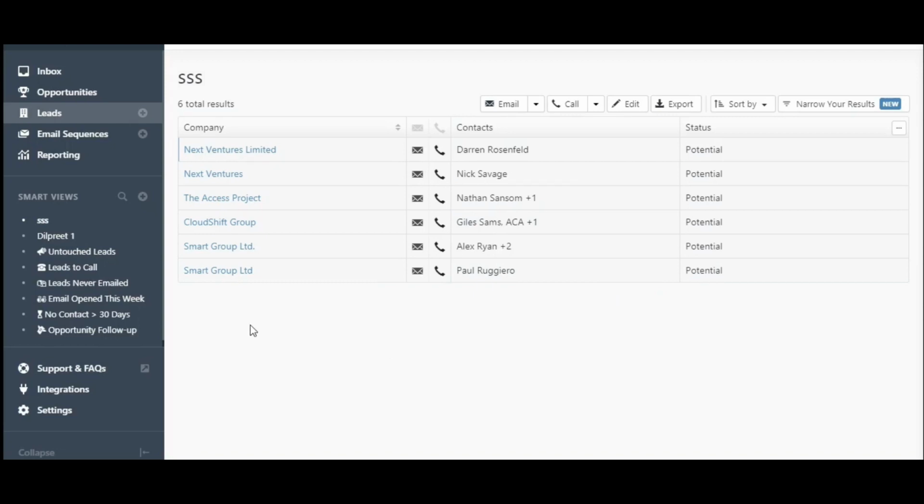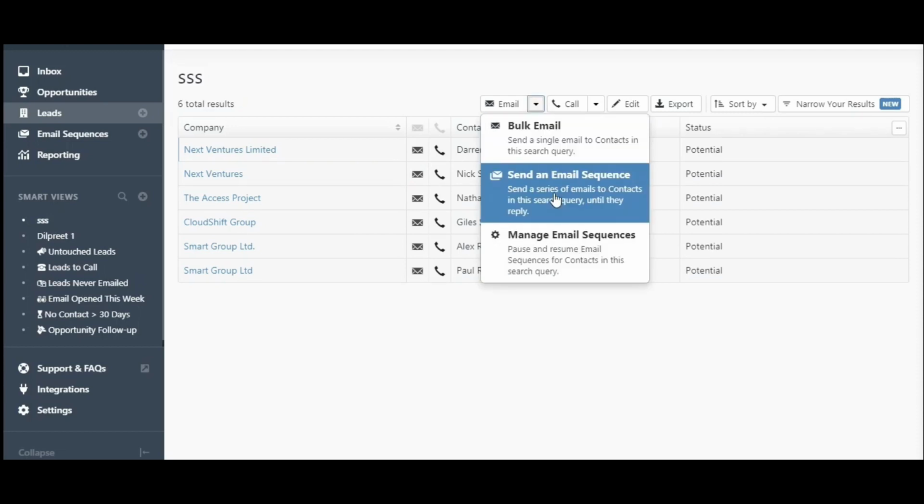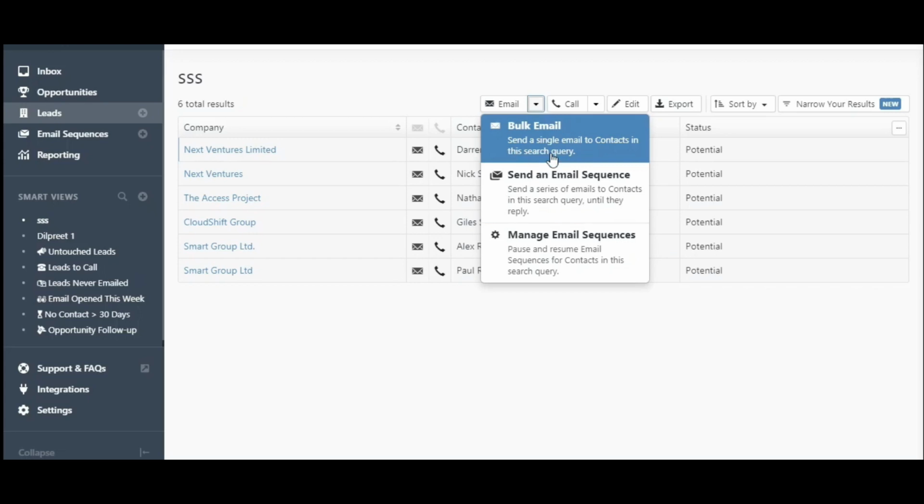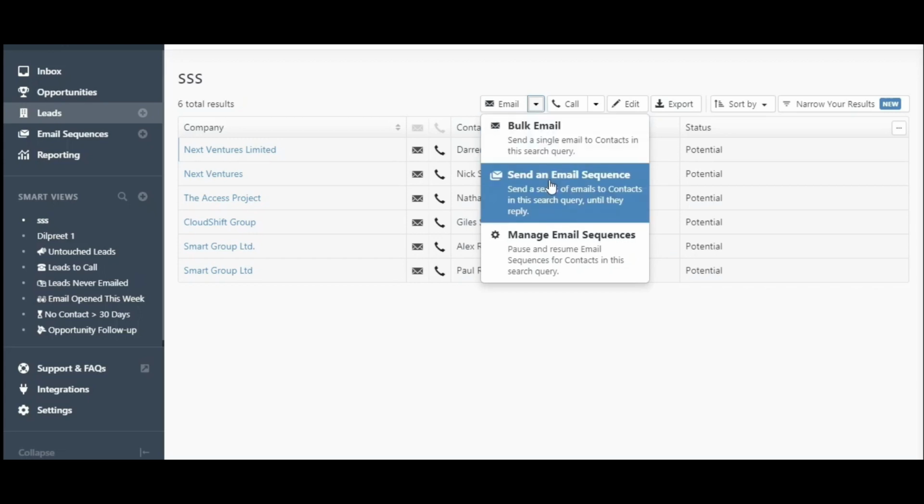In the all leads section, I have done many emails or email sequences and calling, but from here I can distinguish how much data I have added or how much data I have used per day. So for email and calling, we have 2 options. For the email, we have 2 drop-downs: the first one is the bulk email and the second one is the email sequencing.